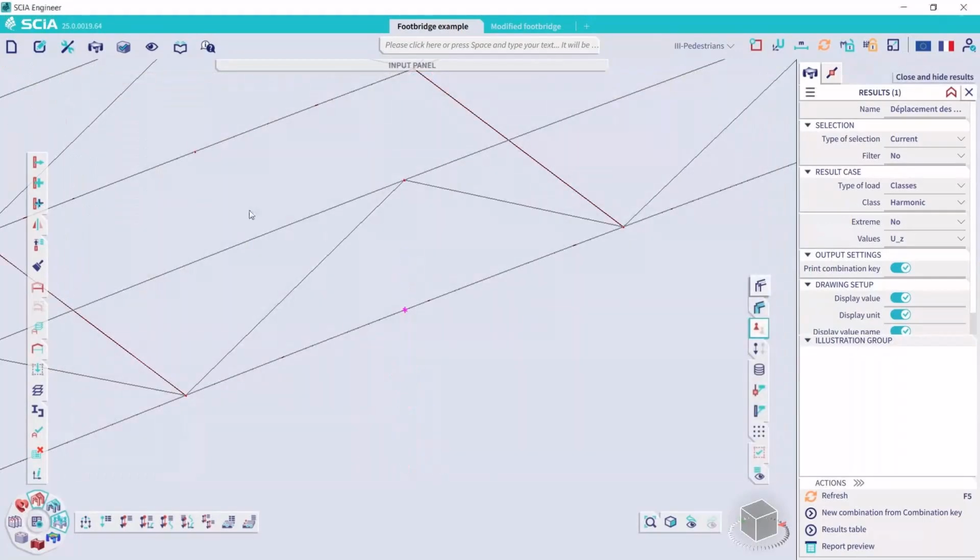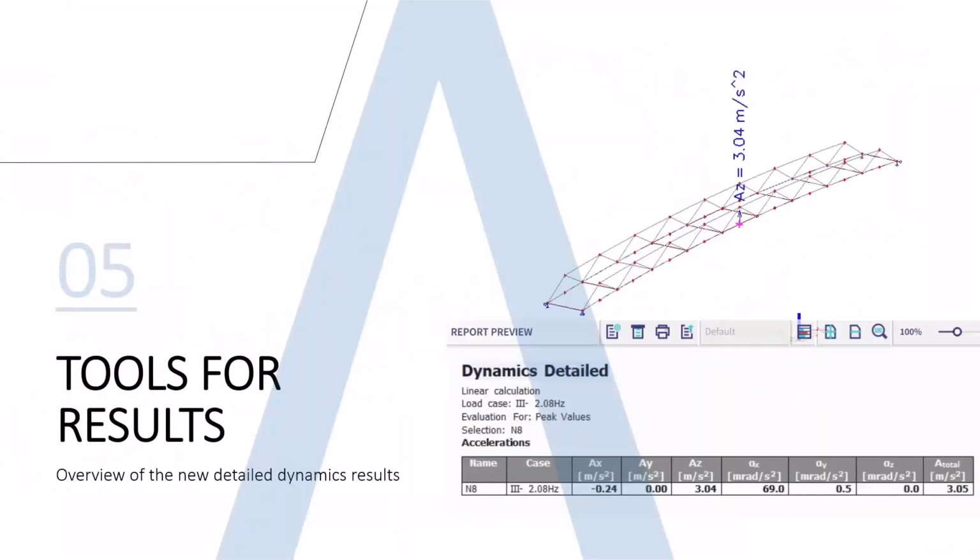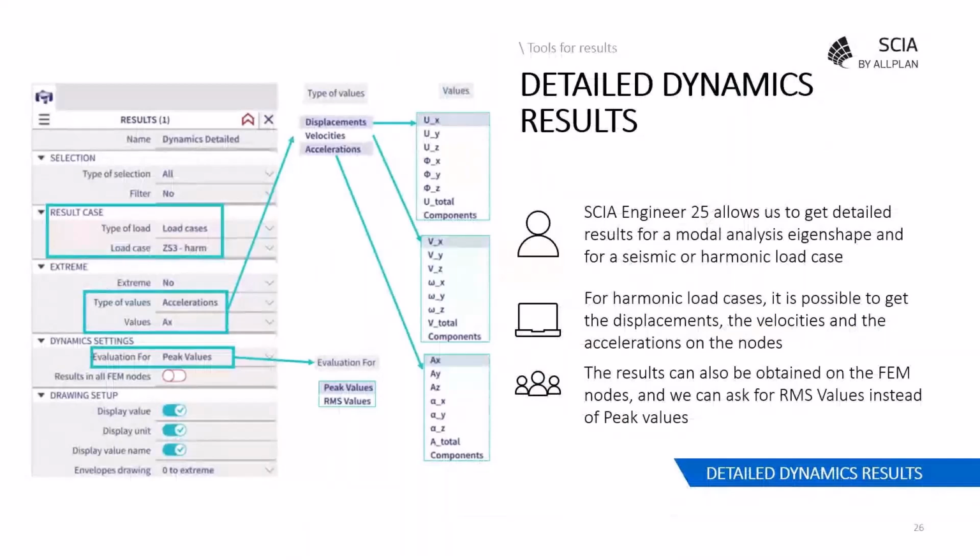So then let's go back to the presentation and we will talk about the new detailed dynamic results which are available in SCIA Engineer 25. In this version of SCIA, you can get detailed results for a modal analysis eigenshape and for a seismic or harmonic load case. For harmonic load cases specifically, it is possible to get the displacements, the velocities, and the